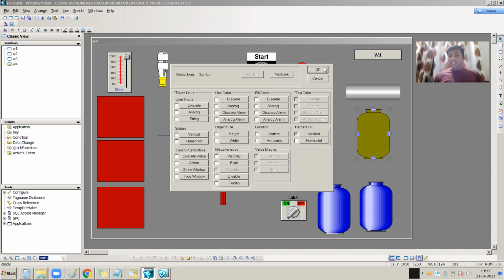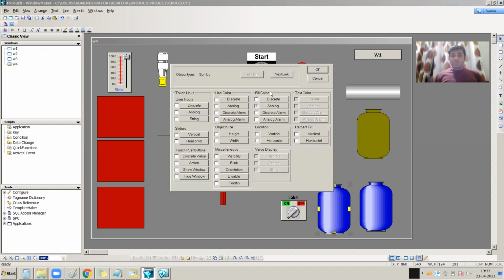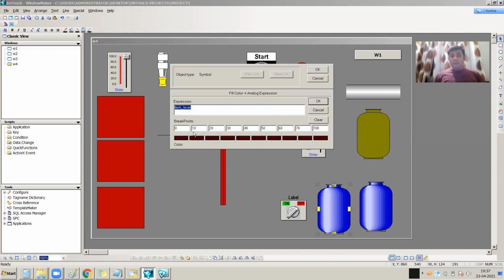See, this fill color is for the entire object. So when I go for this object and you go for this analog value, this breakpoint color is for the entire object color. That's why all colors are the same, like coffee for 0 to 10, 10 to 20, my full object color is the same.